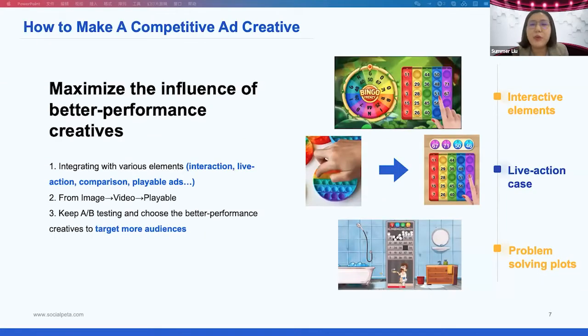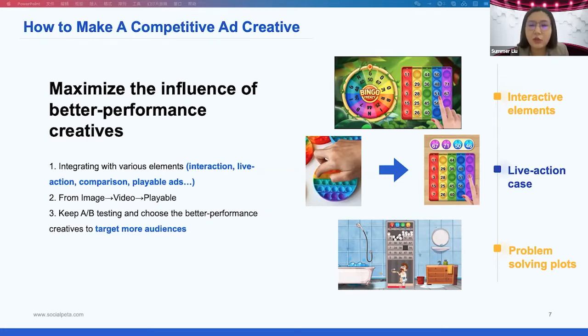Advertisers will also have to prepare different angles and types of creatives to conduct A/B tests, just like we discussed, with different elements as well. Results can decide the best performing creative, and then the advertisers will use them to scale up. We also give you a case to show that. You can see a case in the red column, which shows the evolution of a bingo game. For the bingo game, the top version combined classical finger interaction.